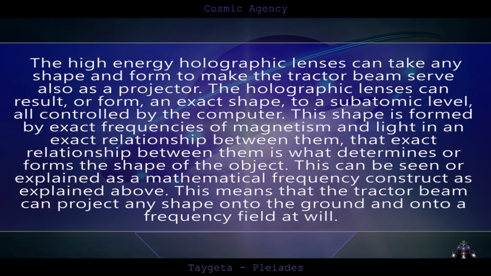The holographic lenses can form an exact shape to a subatomic level, all controlled by the computer. This shape is formed by exact frequencies of magnetism and light in an exact relationship between them. That exact relationship is what determines or forms the shape of the object. This can be seen or explained as a mathematical frequency construct, as explained above. This means that the tractor beam can project any shape onto the ground and onto a frequency